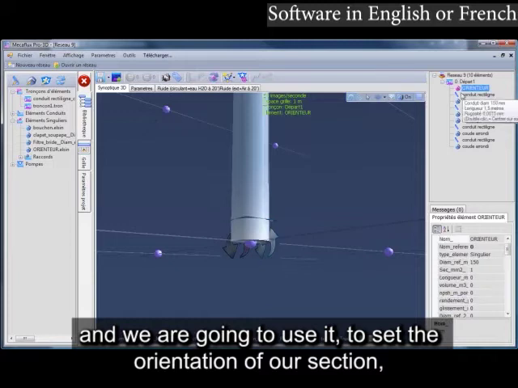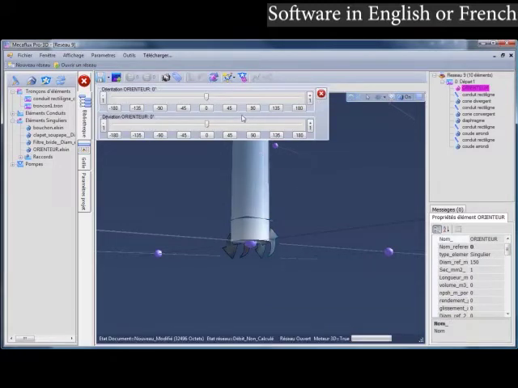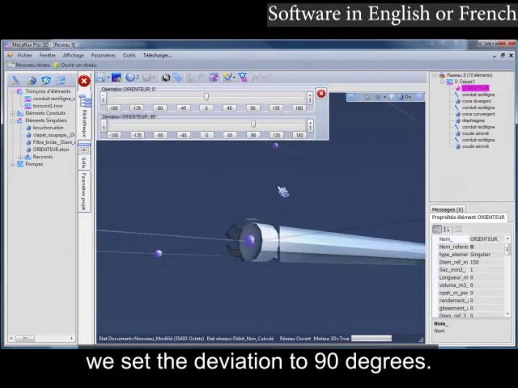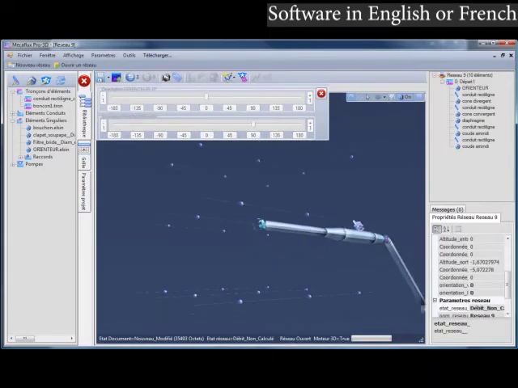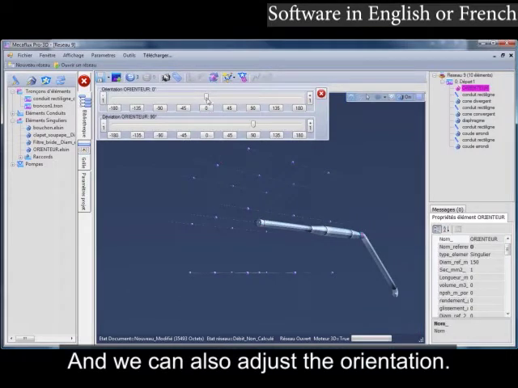And we are going to use it to set the orientation of our section. We set the deviation to 90 degrees. And we can also adjust the orientation.